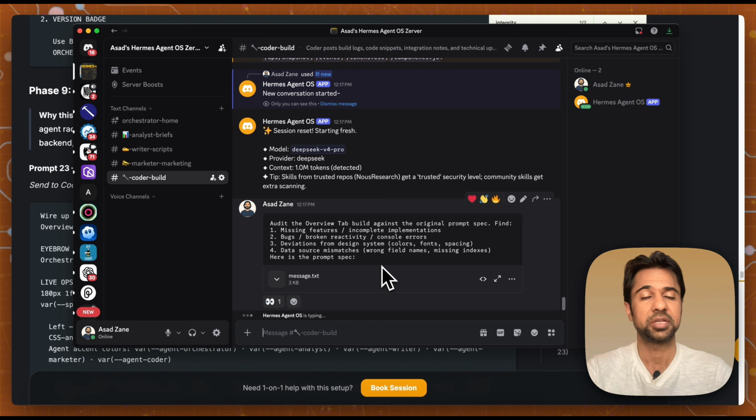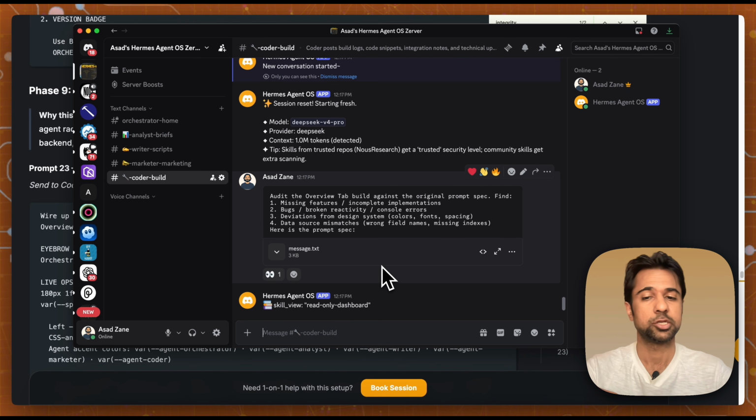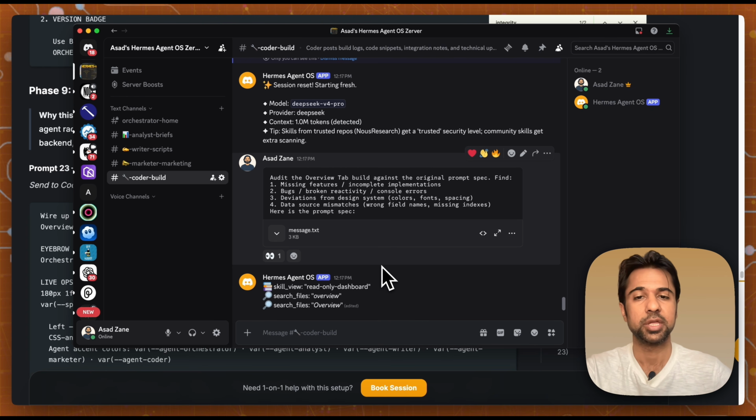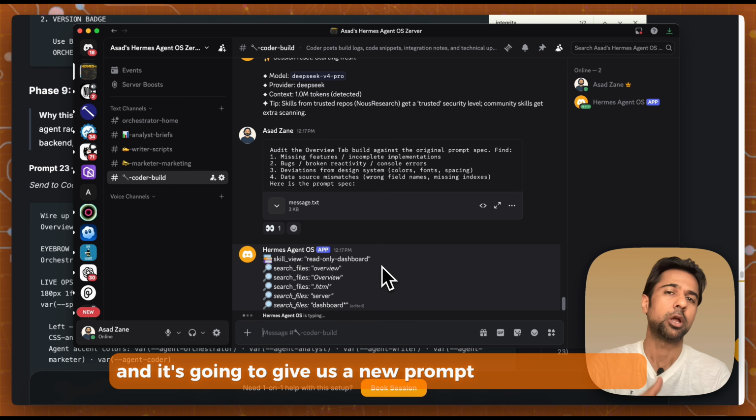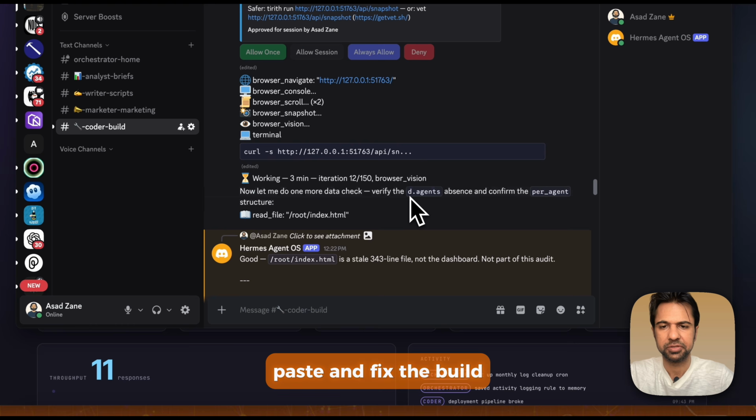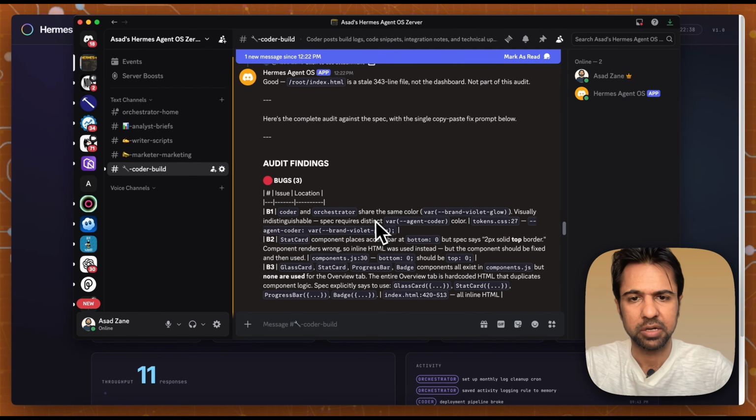And this gives it enough context to go back and check the work to make sure everything was done correctly. And if there is something missing, it's going to figure out what that is. And it's going to give us a new prompt that we can copy paste and fix the build. So it finished that audit and it found 3 bugs, which some of them were intentional just to show you